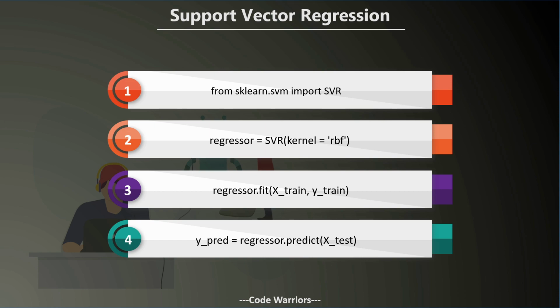You may get confused about it, but you can search about it in the documentation. There are a lot of kernels, they work differently, and they have their own functions. Similarly, in order to fit or train the model, you need to use dot fit, in which you pass the training set, which is our independent variables and dependent variable. Then for prediction, all you need to do is regressor dot predict, in which you pass the testing data, and it will return the prediction. Here we stored it in y underscore pred.